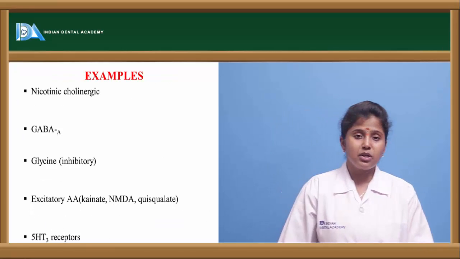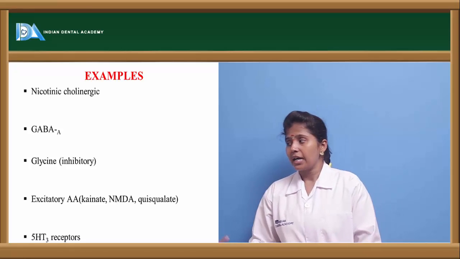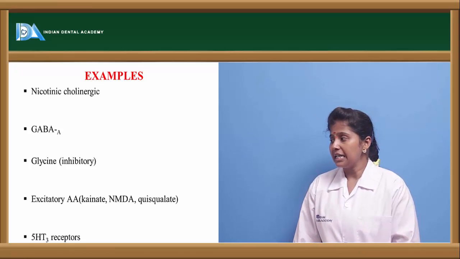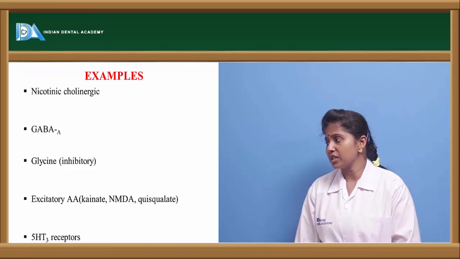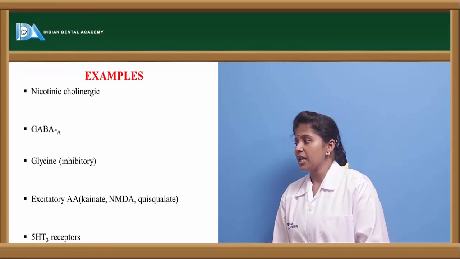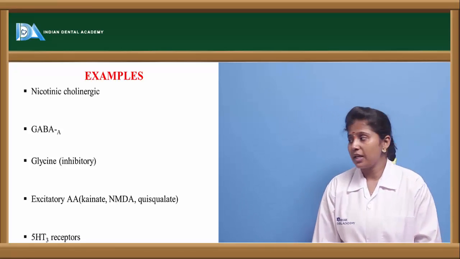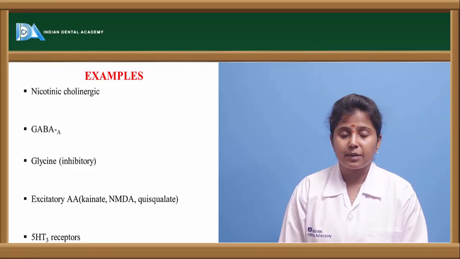Examples of ligand-gated ion channels are nicotinic cholinergic receptors, GABA A receptors, and glycine receptors. These are inhibitory receptors. They show inhibitory actions. And excitatory amino acid receptors like kainate receptors, NMDA receptors, as well as quisqualate receptors, and 5-HT3 receptors, that is